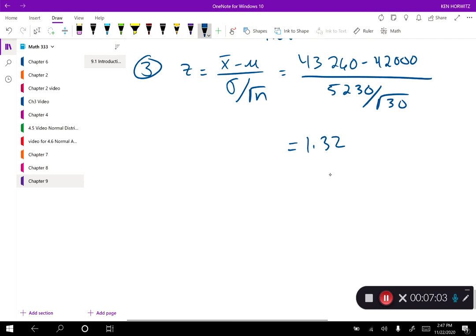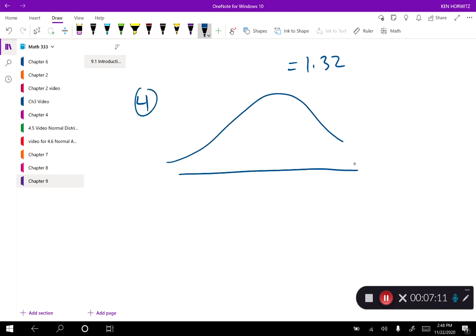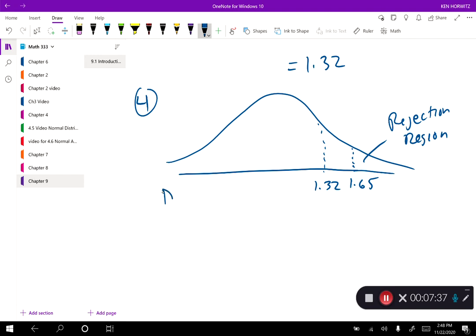All right, so now we have a decision to make. Do we reject or not reject? And from here, I'm going to redraw the picture I had. And 1.32 would be a little bit less than that, so 1.32. Now remember, this is our rejection region. So 1.32 falls outside the rejection region, so we do not reject